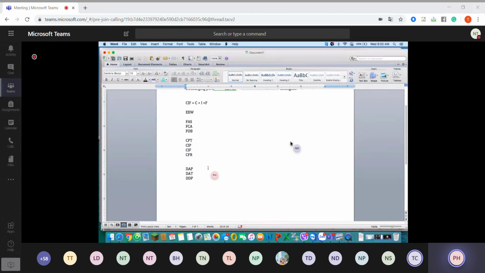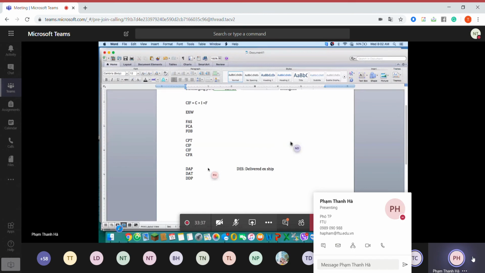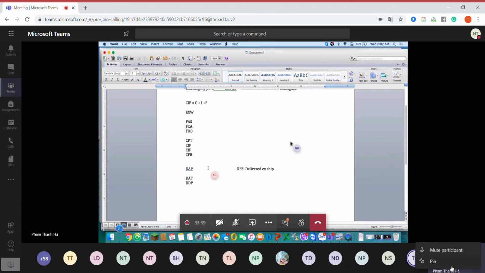Okay, so let's compare the two versions. For Incoterms 2000, we have DES, which means ex ship. And then we have